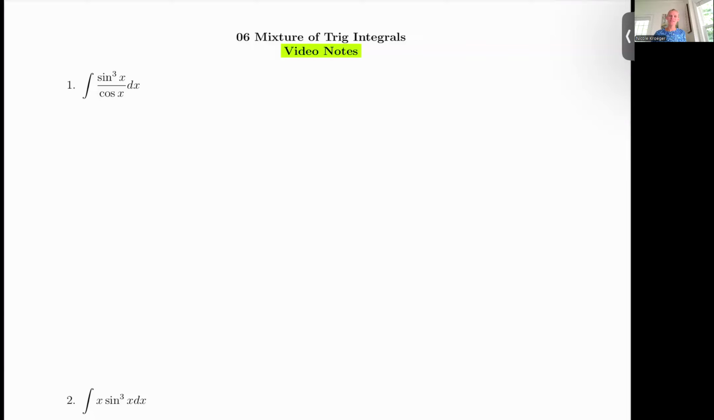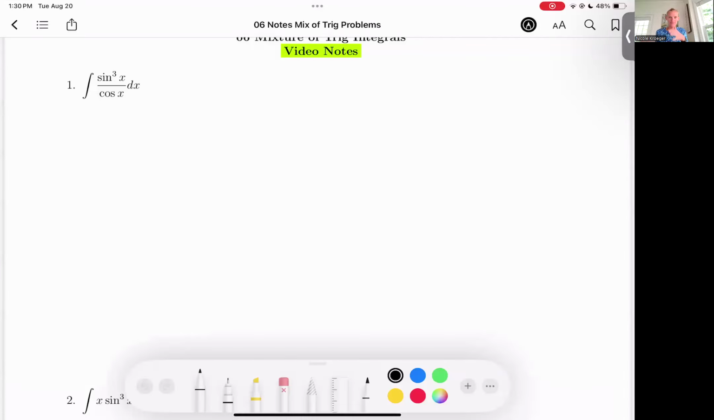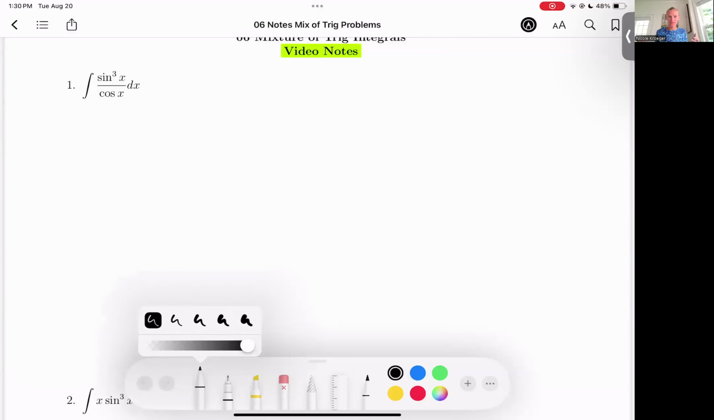Over the past 2 days, we've talked about trig integrals where we had just sines and cosines mixed together. And we've talked about what happens if all of the powers on sines and cosines are even, and what happens if sines and cosines have some odd powers to them. So what we're going to do for this class is mix together these ideas